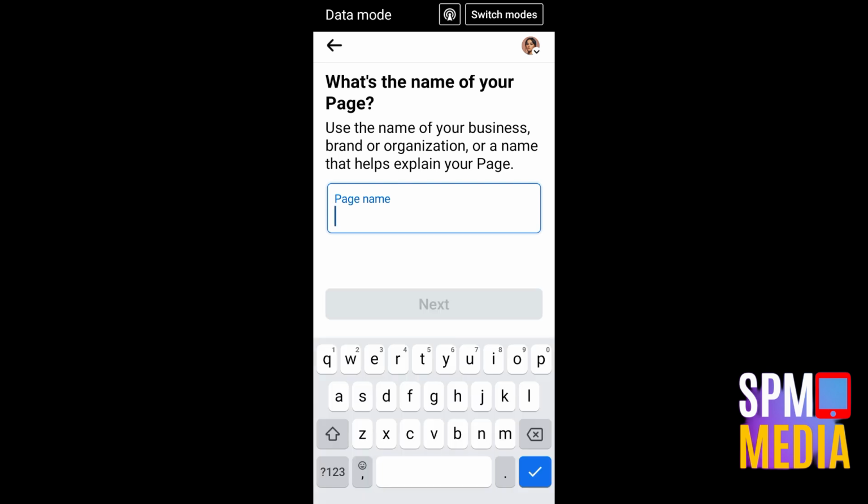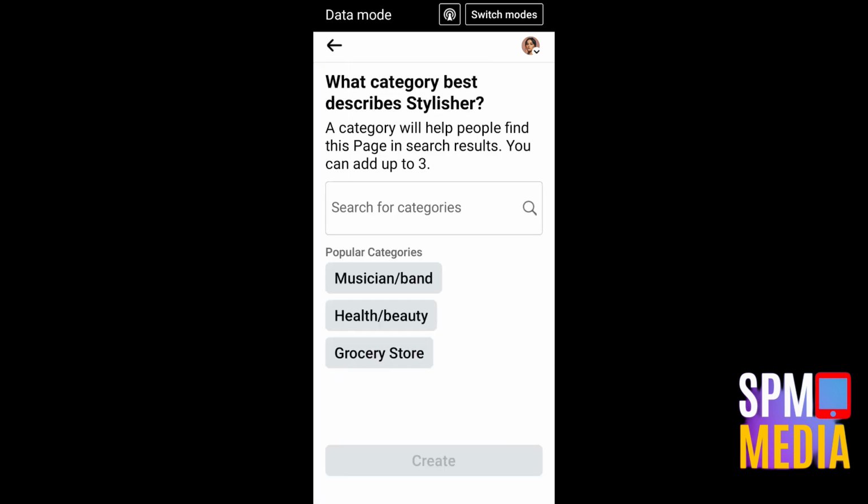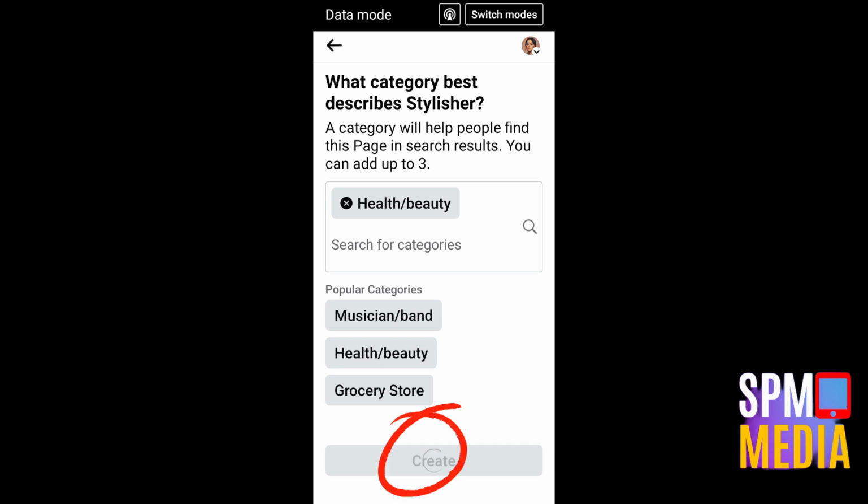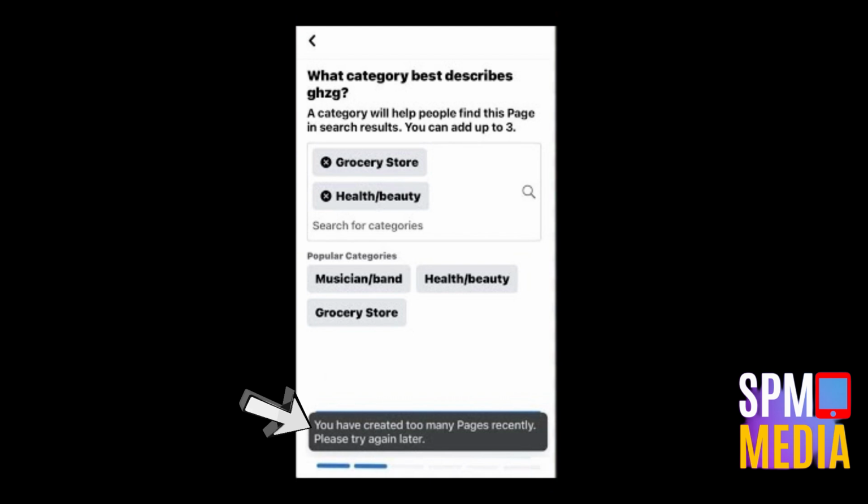After you create your page name and click next, you can proceed and add some category or search for categories. But when you tap create right here, then you will see a notification like this: you have created too many pages recently. Please try again later. So in this tutorial, I'm going to show you at least two methods on how to